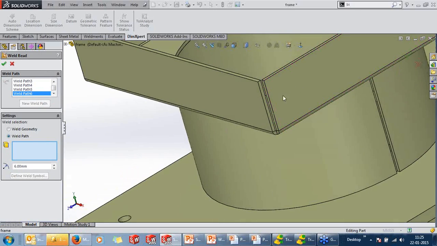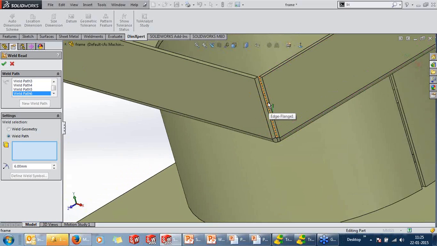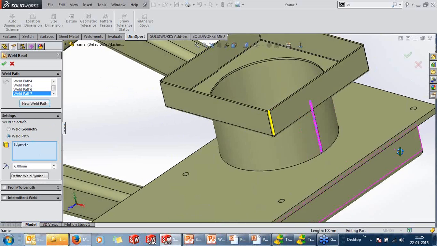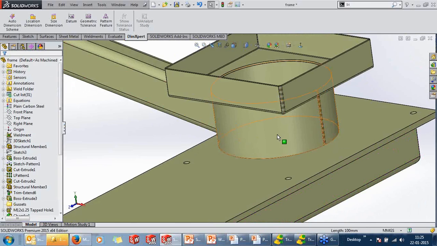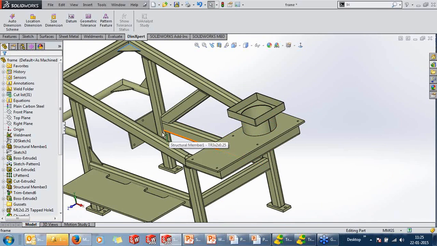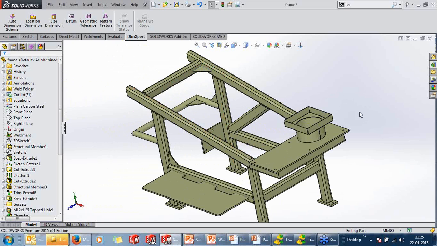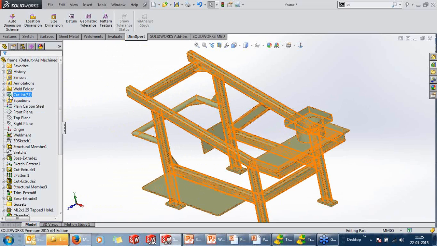And adding weld path is easy for these corners of sheet metal. And also we'll add another weld path for the sheet metal component and give OK. You can see creating weld beads is much easier and faster in 2015. There's some more enhancement in terms of cut list.